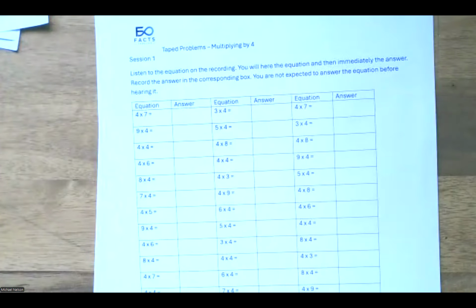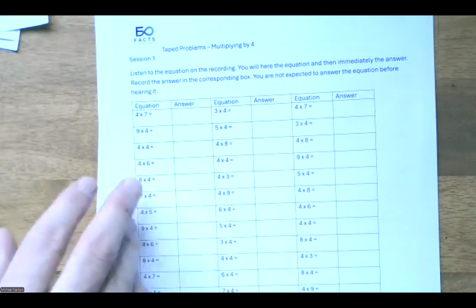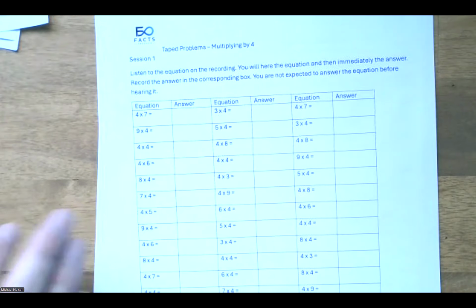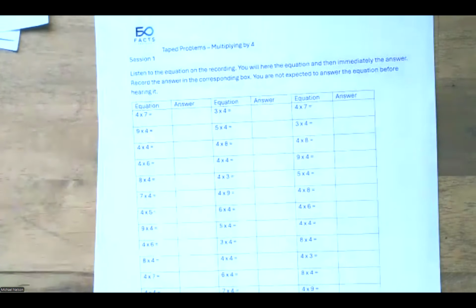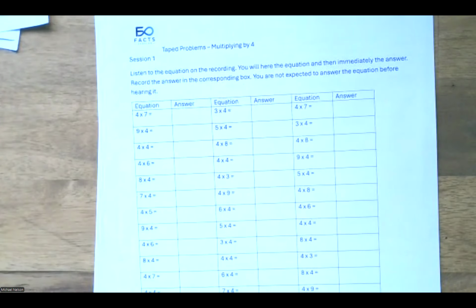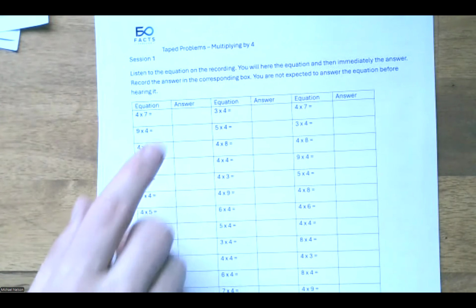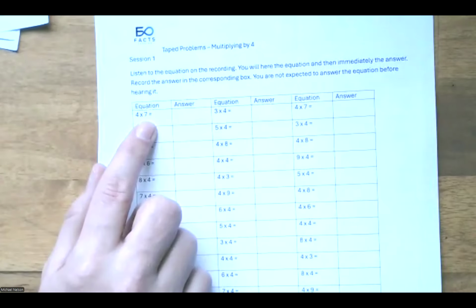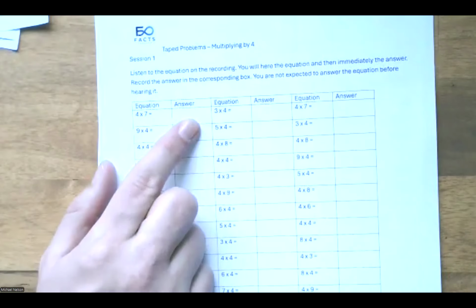All right. So tape problems is the next one. Tape problems, if anyone is familiar with Facts on Fire, uses a very similar concept. So the students will play this. This is recorded. The students play it, and it follows exactly the same as the choral responses. It's that consistency in approach, so everyone gets used to it. So they will hear 4 7s. They'll say 4 7s, and the ant on the first one,